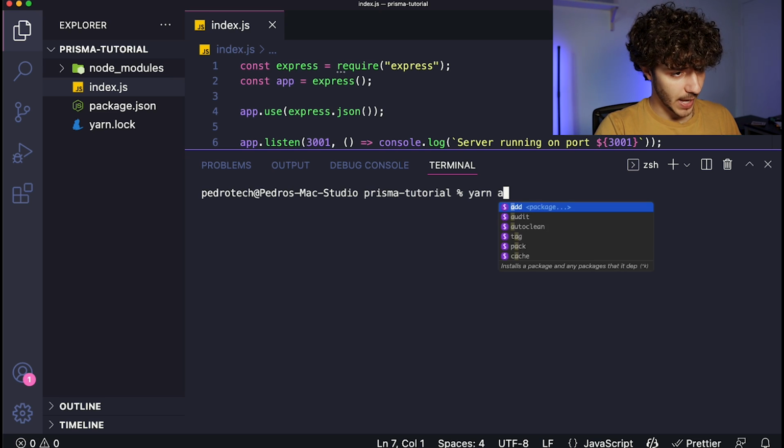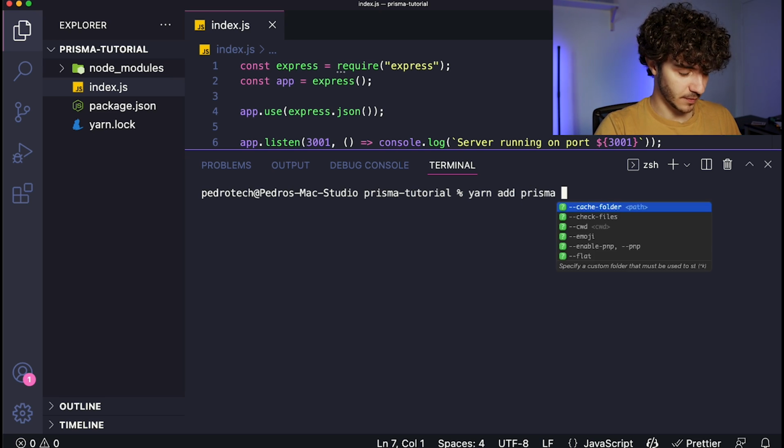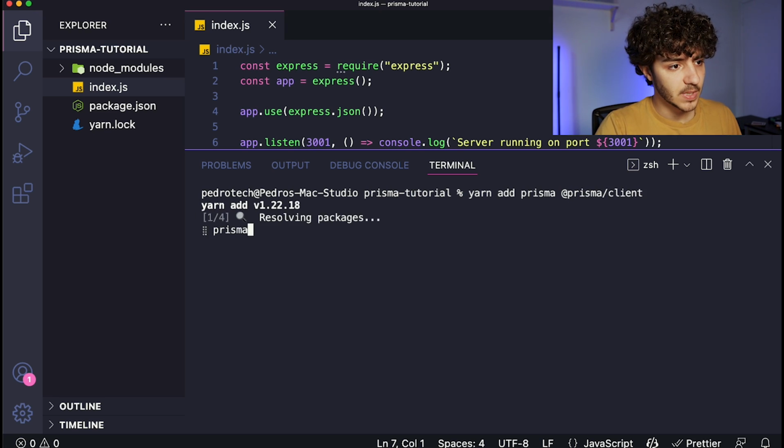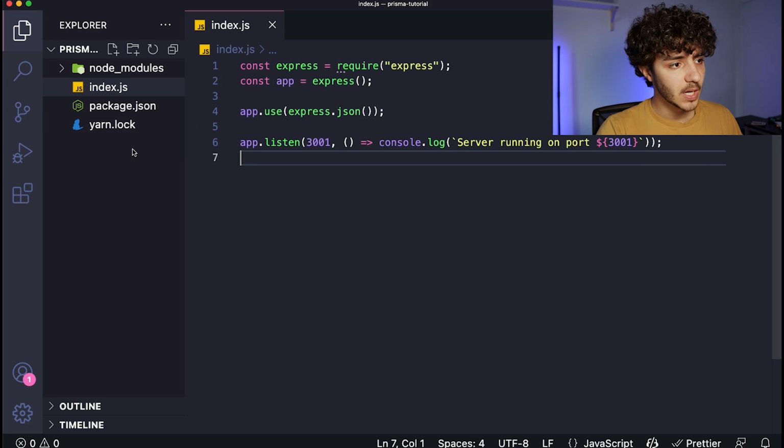So I'm going to say yarn add prisma. That's the first Prisma library that we need to install. The second one is the Prisma client. So we're going to put @prisma/client, just like this. Now it will start installing the packages, and while it's doing that, I want to create